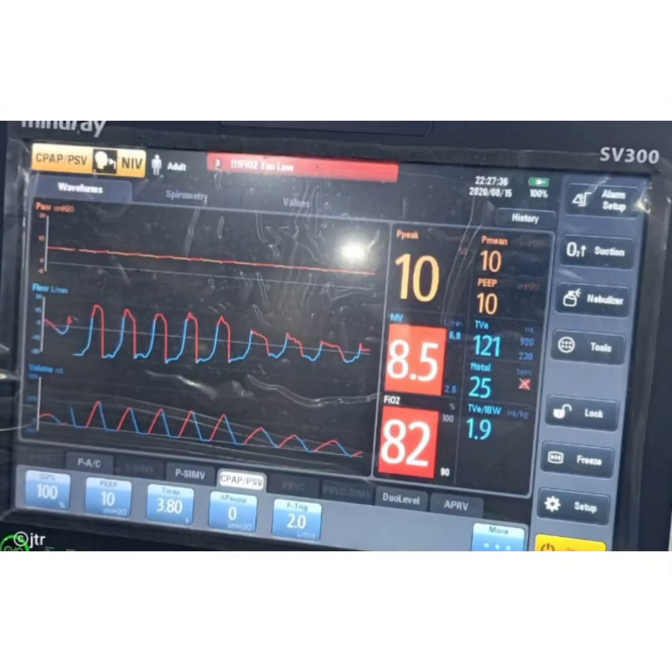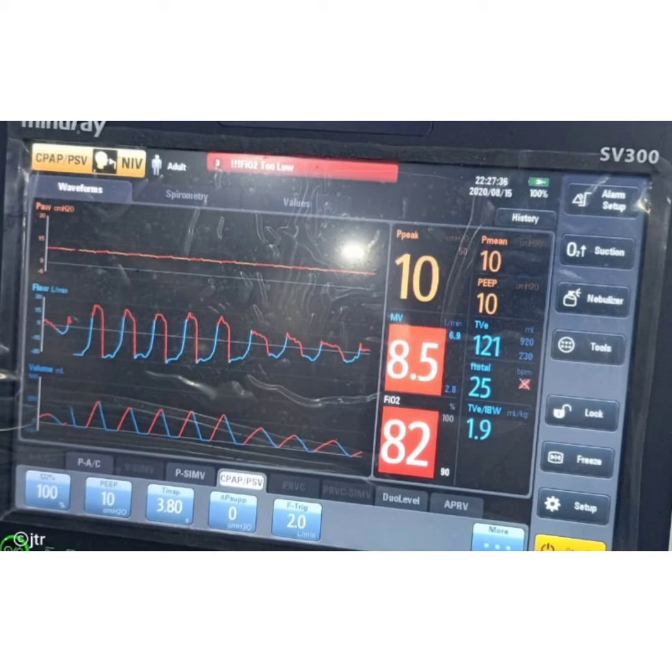So here in this picture it is the same mode, CPAP and pressure support mode, but here we can note one point. I have kept pressure support 0. So when I kept pressure support 0, inspiration is not supported here. So during inspiration the patient has to do work. From the PEEP value, the patient has to create some negative pressure, at least 1 centimeter of H2O, for inspiration to